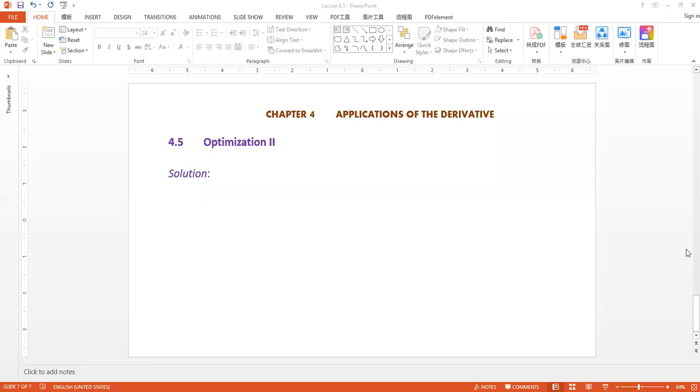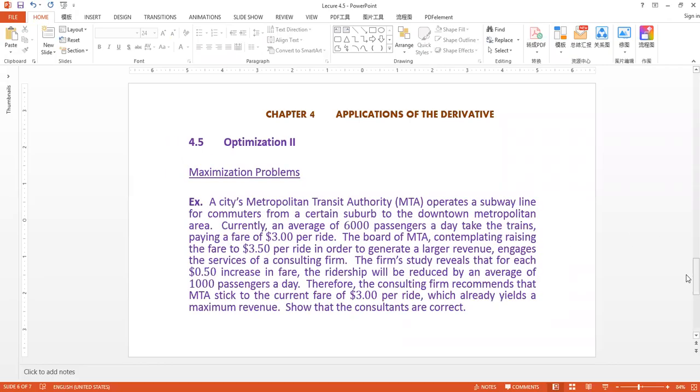Hello, I'm going to walk through the first example of this section. So it's a maximization problem in section 4.2, optimization 2. These are the application problems. When we talk about optimization 2, we will try to solve real world problems by using the mathematics we learned,